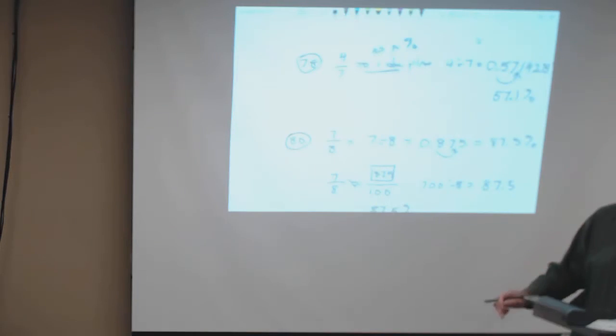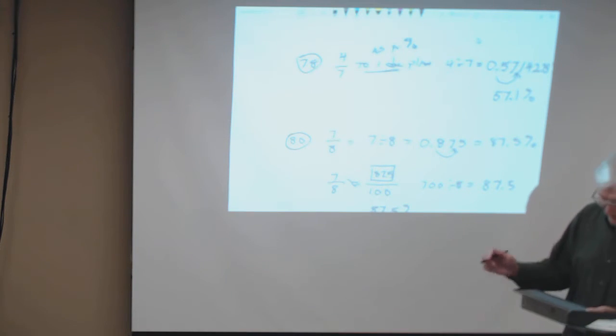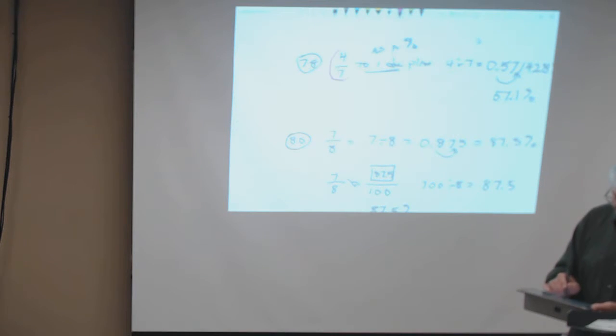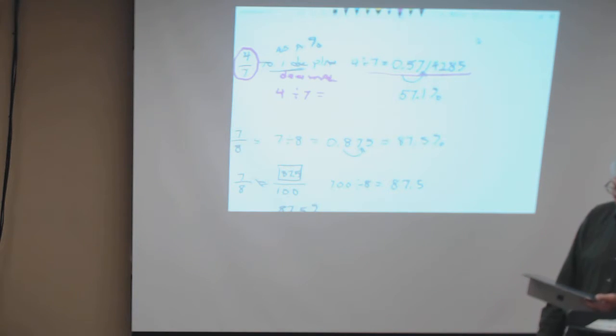Number 78. What do we got here? In problems 77 to 80, write each fraction as a percent. So 78 says 4 over 7. Change that to a decimal. How would you change it to a decimal? 4 divided by 7. And what do you get? 4 divided by 7 is 0.5714285. So if I want to change that to a percent, I move the decimal point 2 places, and it